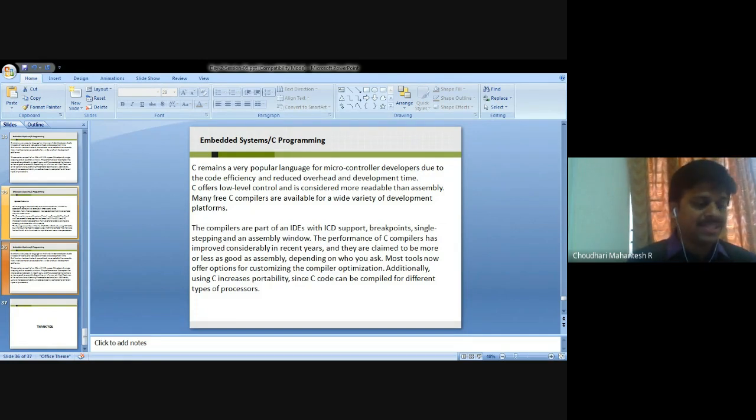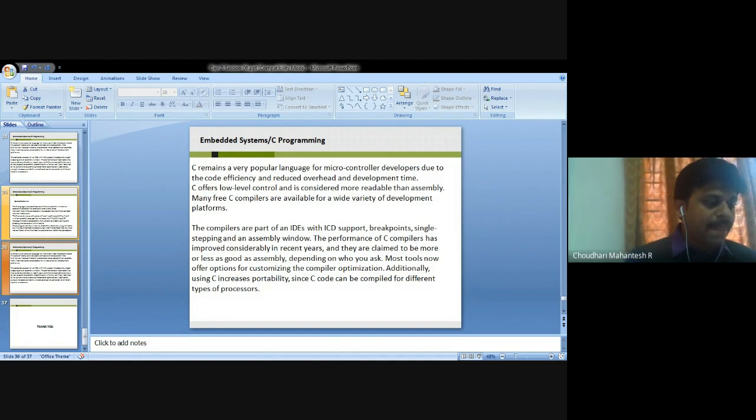Function arguments can be passed by value or by reference, or values and addresses are typically passed to functions by pushing them onto the system stack.